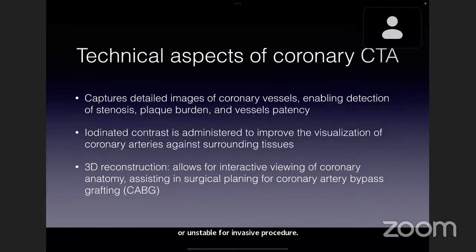Technical aspect: it captures detailed images of coronary vessels, enabling detection of stenosis, plaque burden, and vessel patency. Iodinated contrast is administered to improve